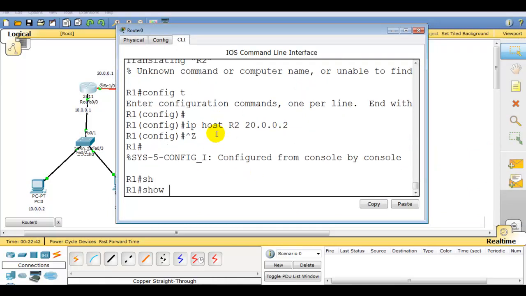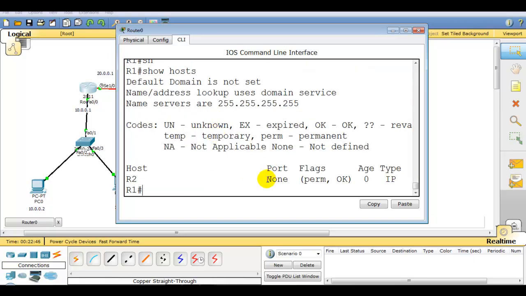Now using show hosts we can check the entry, that you can see over here: R2, which is added in the host table of R1. Here you can see the flag PERM, which is for permanent. PERM in the flag means that the entry is manually configured using the ip host command.